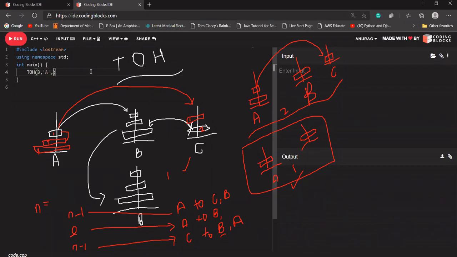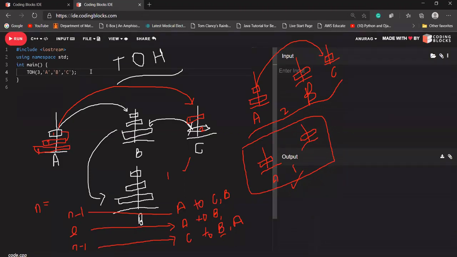The first rod is A, the second rod is B, the third rod is C. Okay. So tell me the procedure if I want to transfer 3 disks from A to B using C. Okay, so Shrey is asking, but to move n minus 1 disks from A to C is the main logic. How to do it? What if there are 4 disks? We can't directly move 3 disks. Yeah, Shrey, just think in the form of recursion.